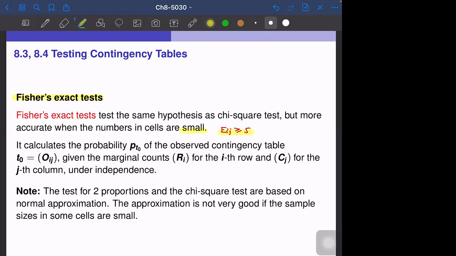And the idea is here. It calculates the probability for each table, given the marginal counts Ri for the ith row and Cj for the jth column, under independence. So for each table, we calculate the probability and then see how plausible it is. If we have, for example, 6 possible tables given the row counts and the column counts, then we calculate the probability for each table, such as 0.01, 0.02, 0.07, 0.2,